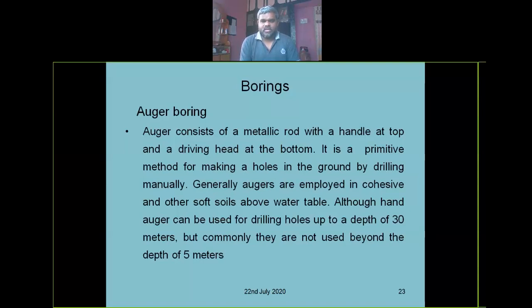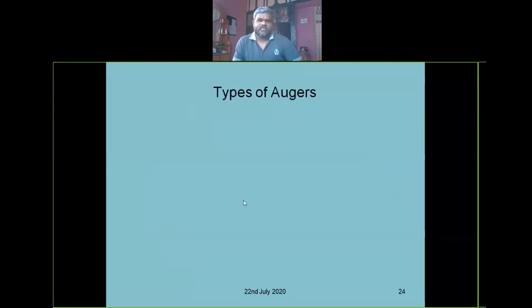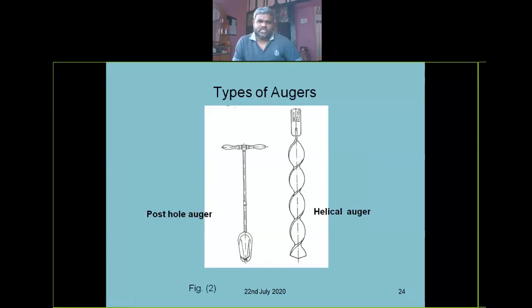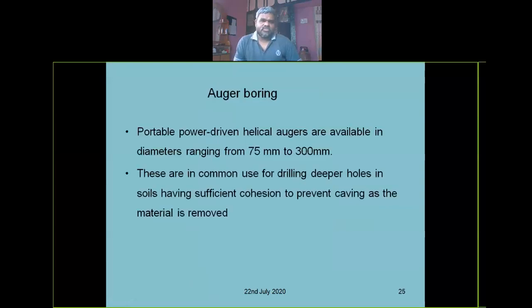Although a hand auger can be used for drilling holes up to a depth of 30 meters, commonly they are not used beyond a depth of 5 meters. Right. Types of augers, you can see in the figure. This is a post hole auger. This is a helical auger. Generally, at site we are using helical augers, right? So auger boring,